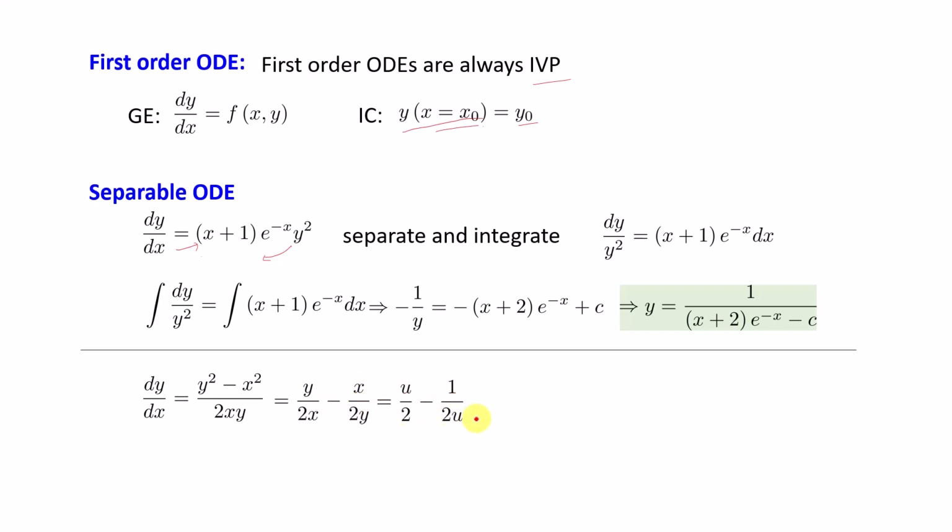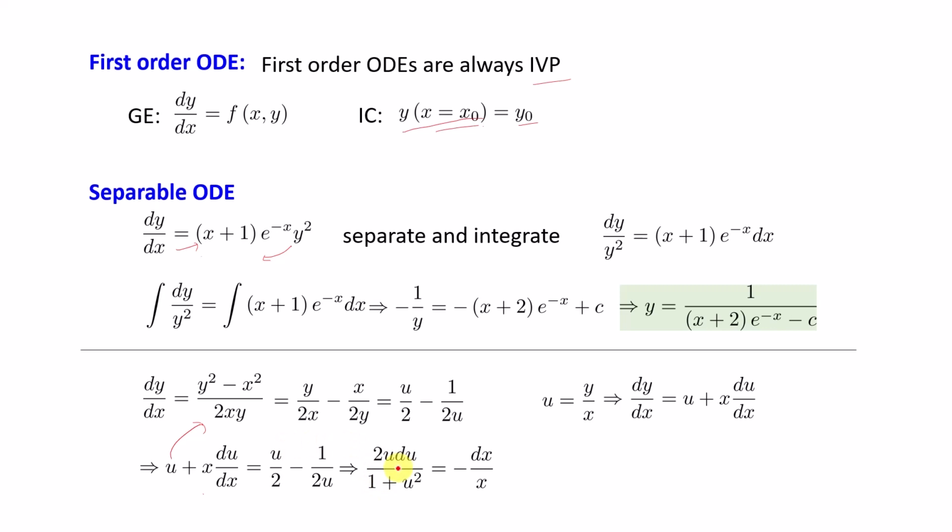So now the right hand side becomes (u - 1/u)/2, and since u is y/x, I can differentiate both sides, and what I get is dy/dx = u + x du/dx. So then I can replace this dy/dx, and what I get is a differential equation of u and x. Now taking this u to the other side